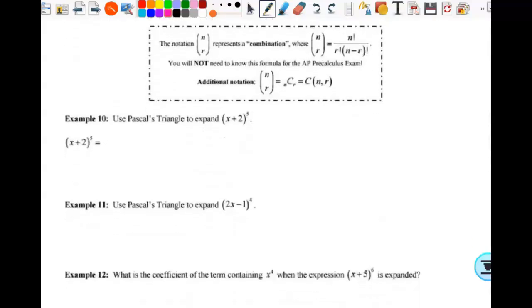You did combinations and permutations together. Can anybody tell me the difference between the two? Even if you don't know which is which? Why they were different? Okay, so okay,